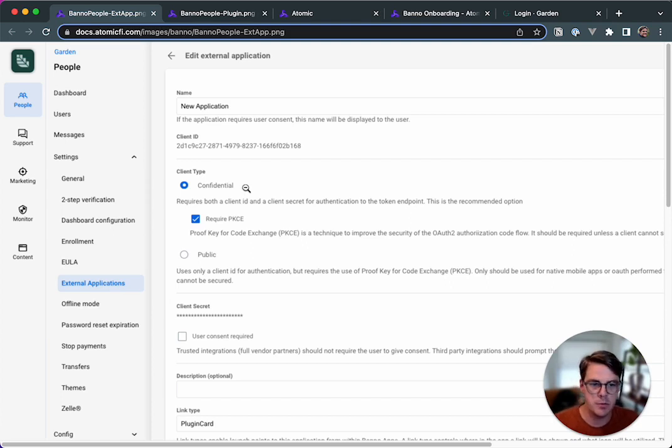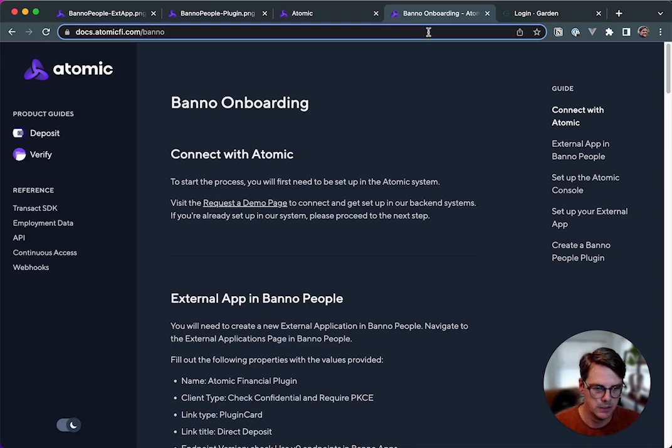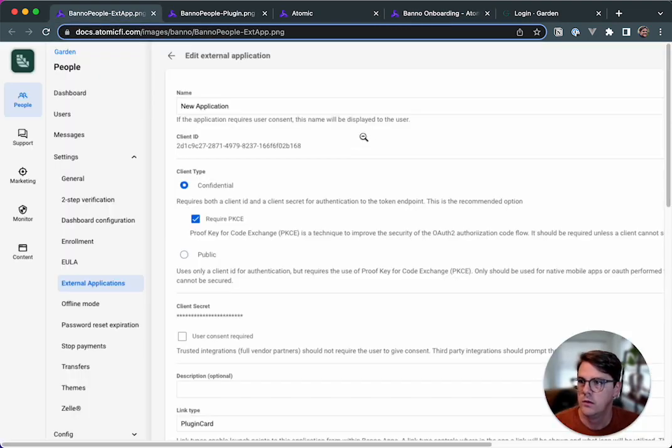Okay, so on this page, you'll need to fill in some details, all of which can be found on the Banno page in the Atomic docs at docs.atomicfi.com/Banno, this page here. Starting at the top, fill in your name, the name of the plugin, which will be Atomic Financial Plugin, the